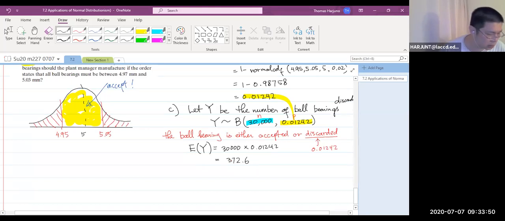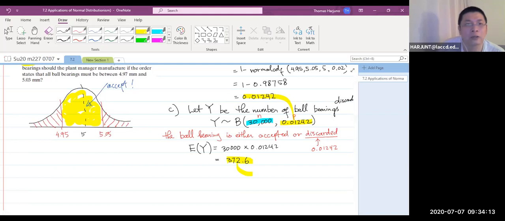This is 372.6 is expected to be discarded. Don't round it because this is expectation. Okay, it's not like exactly the number. This is the average. Okay, so if you produce 30,000 ball bearings and this many get rejected, get discarded, then